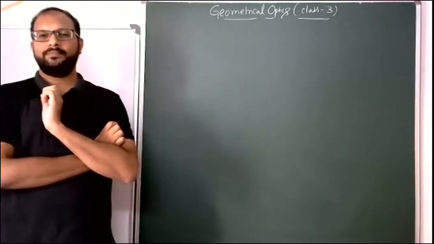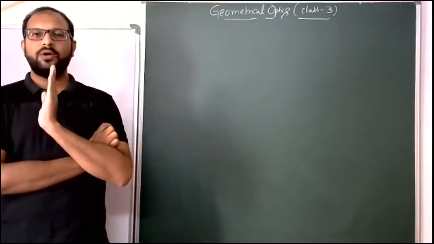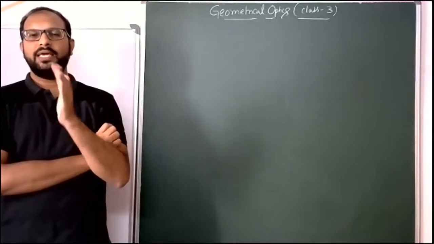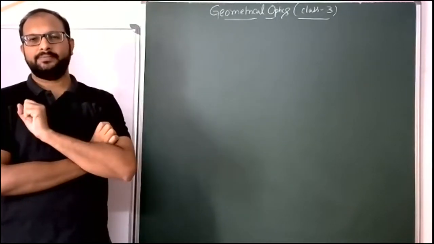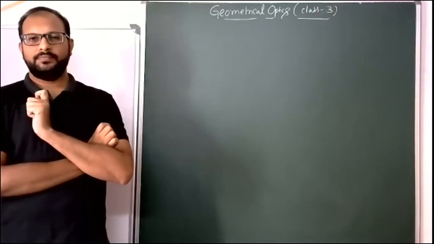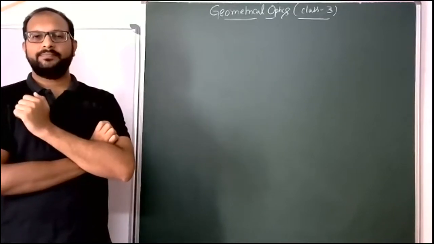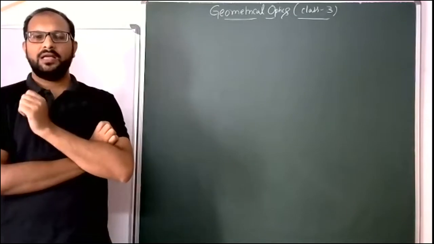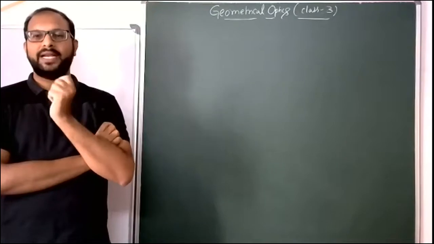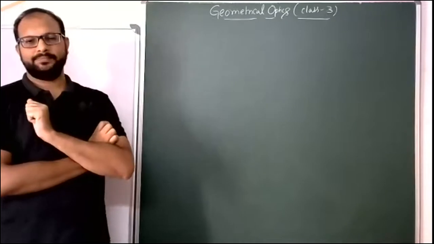Then later, image and object coordinates in the XY coordinate system also completed. Not only straight mirror, even some inclined mirror also completed. Then after, field of view, that means by using any one mirror, at the backside, how much area or how much distance we can observe with the help of the mirror. So that is field of view, that also completed.